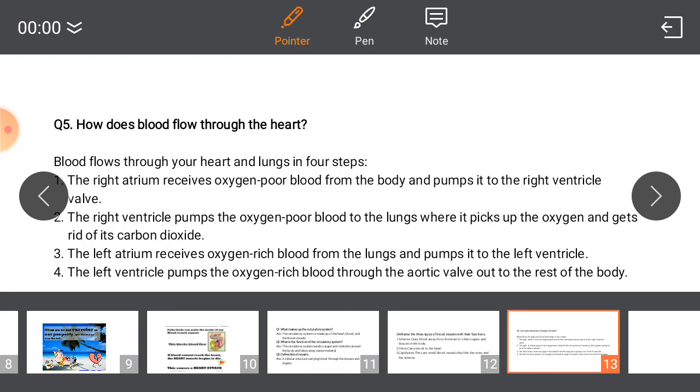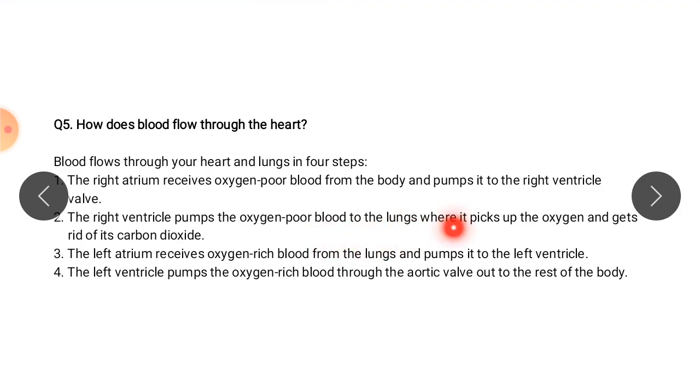Number 2, the right ventricle pumps the oxygen poor blood to the lungs, where it picks up oxygen and gets rid of its carbon dioxide. Number 3, the left atrium receives oxygen rich blood from the lungs and pumps it to the left ventricle. Number 4, the left ventricle pumps the oxygen rich blood through the aortic valve out the